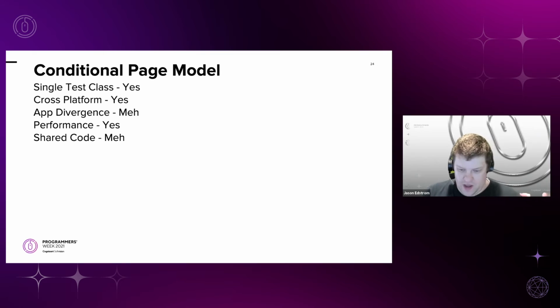Case in point, selectors: by nature of having a different platform, iOS versus Android in this example, the selectors will be different. They don't have a common selector group. So we're going to give them kind of a maybe on their app divergence approach.